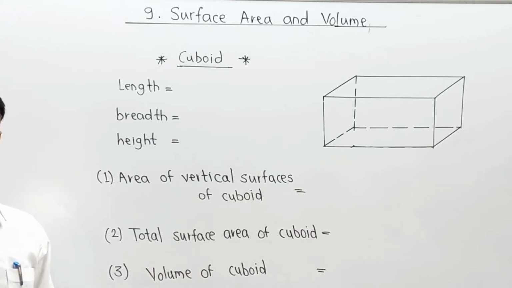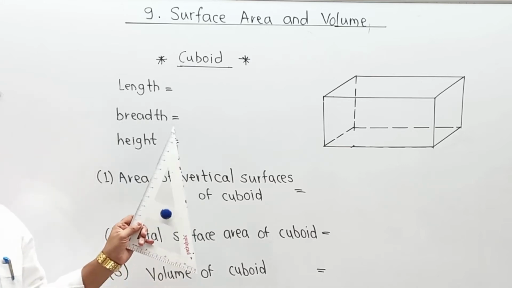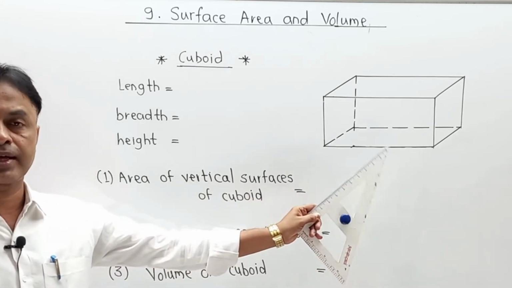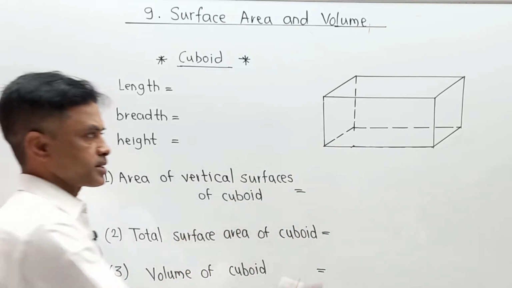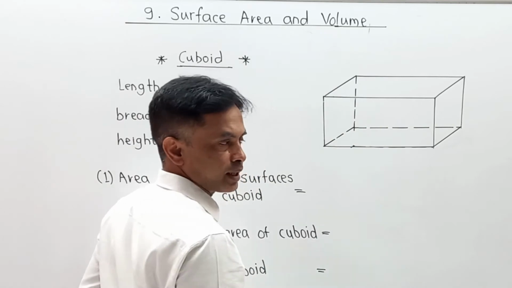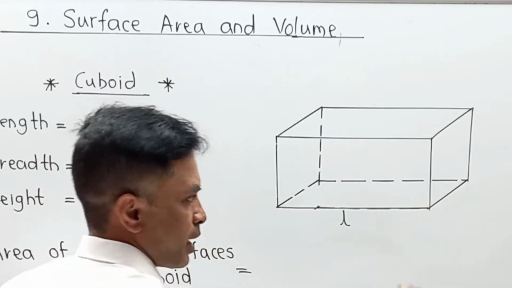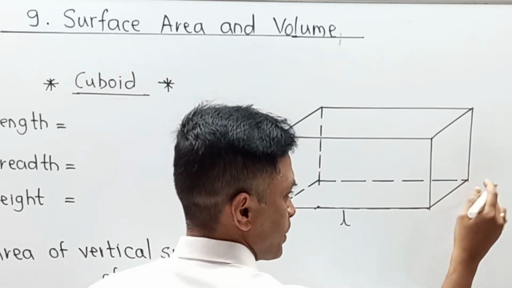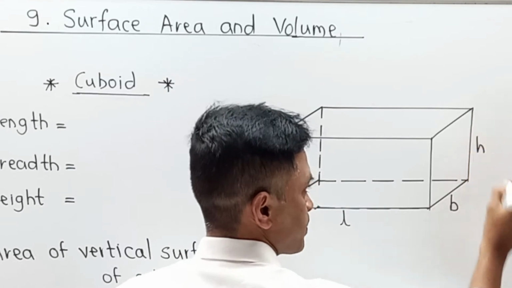Now what exactly is meant by a cuboid? It contains three parts: one is length, second is breadth, third is height. One by one I am going to explain in terms of a diagram, and after the diagram we are going to complete some other formulation. Let us say this is a diagram, a cuboid, having a particular length, which I am going to call length L, a particular width or breadth, indicating breadth, and a particular height H.